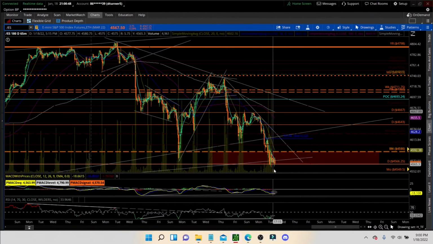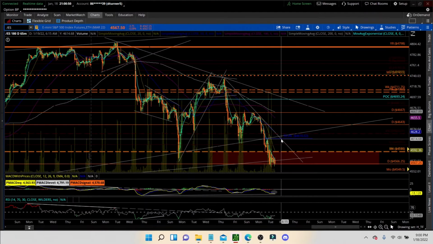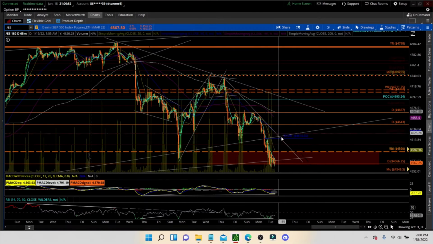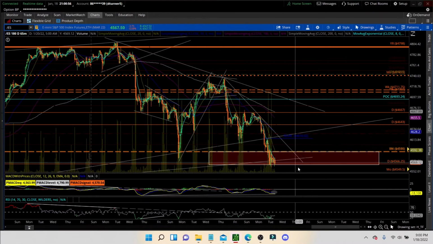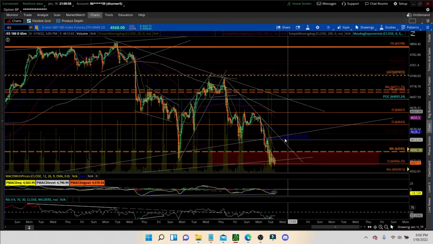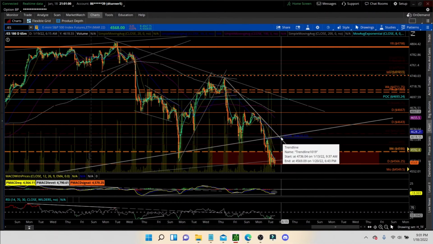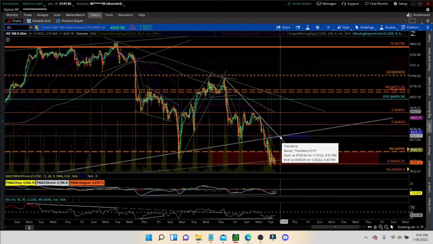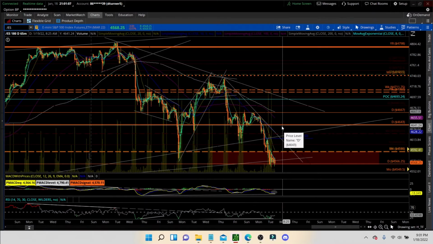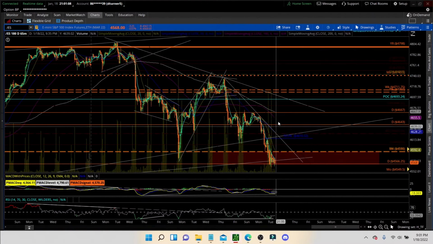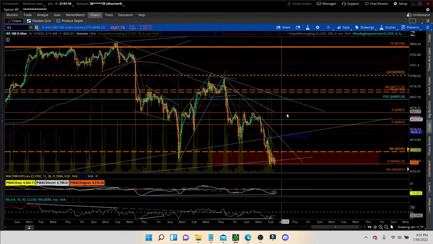If this is a 1 and then a 2, we should come back to this trend line and possibly this 50% retracement or a little bit higher. But that's what we'll be looking out for. You know, there's all sorts of ways you can count this, but really we just have to watch price action and watch these levels. Do we start regaining levels quickly? Then that means that something else is going on, that our corrective move may be over.